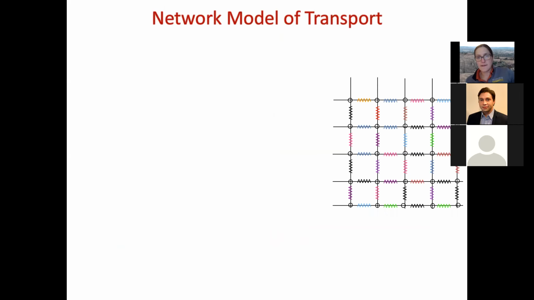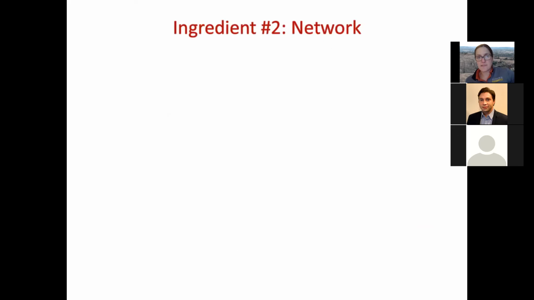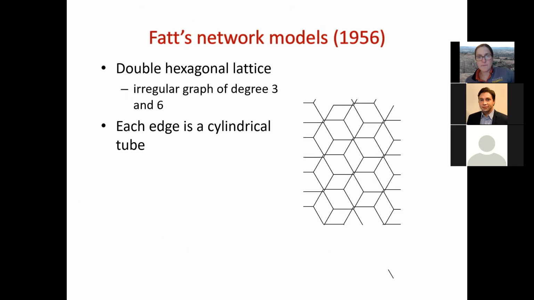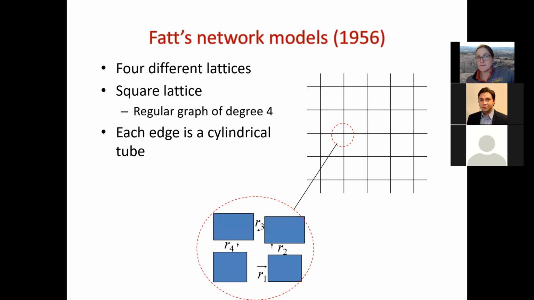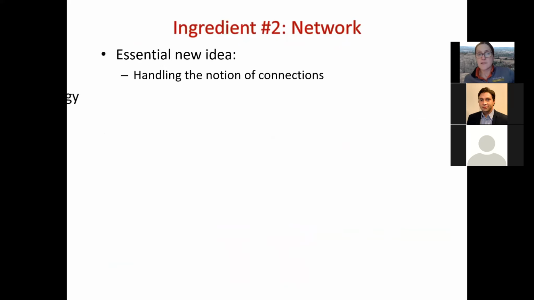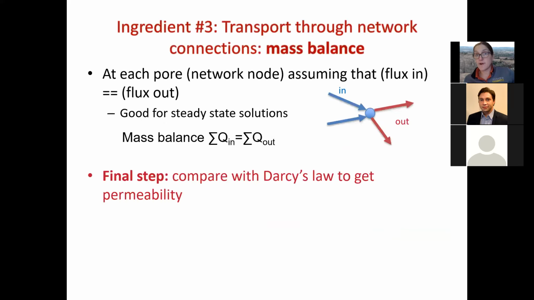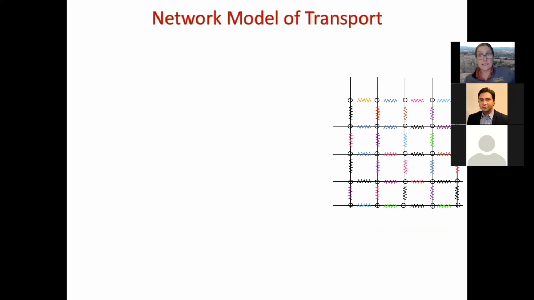Where are they? This is how networks by Irving Fatt looked like. So they were these regular lattices. They were beautiful, but are they actually representing a porous medium that you want them to represent, or bundle of tubes for that matter? So how do we get a network from, especially now, 1990s and onwards, we actually have